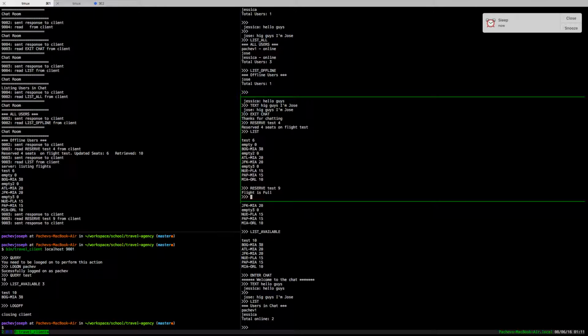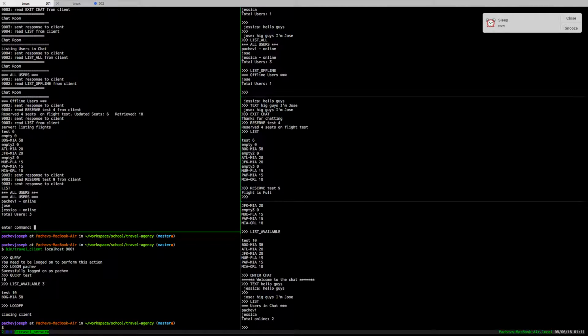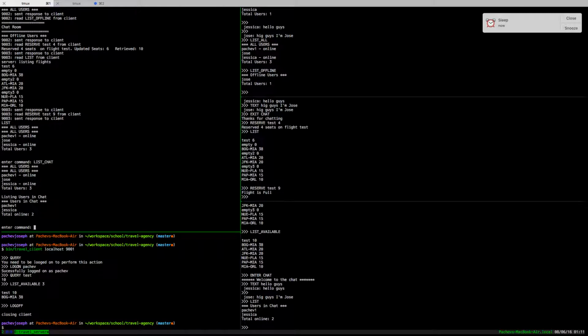Speaking of servers, there's some basic commands you can run on the server. One of them is exit. We won't use that one yet. But if you type the command list, it will tell you all users, either that are online in the chat room and also offline, and list chat. Similar to being in the chat, will list all users in chat, but only for the server. Lastly,